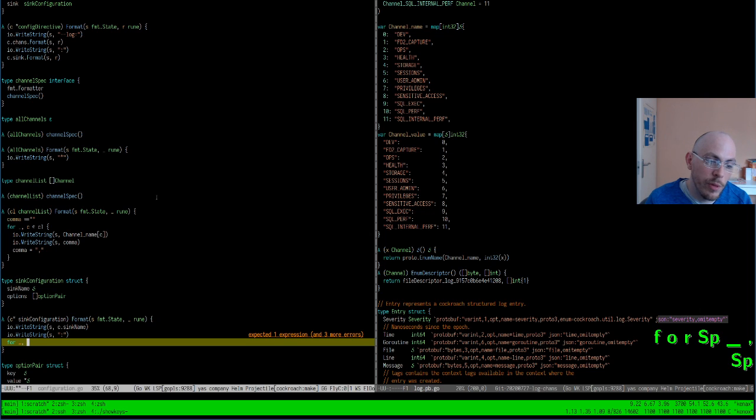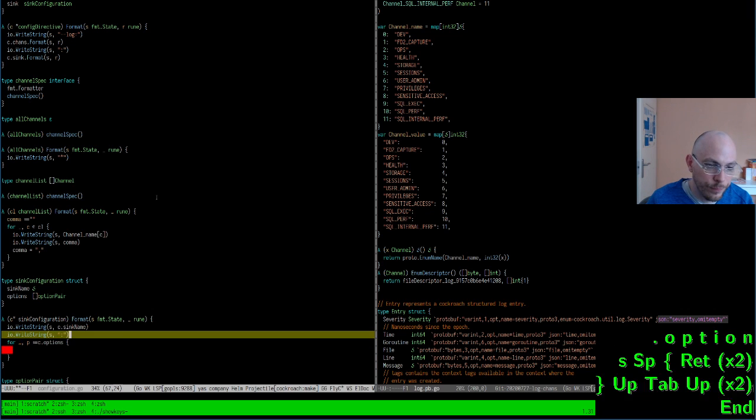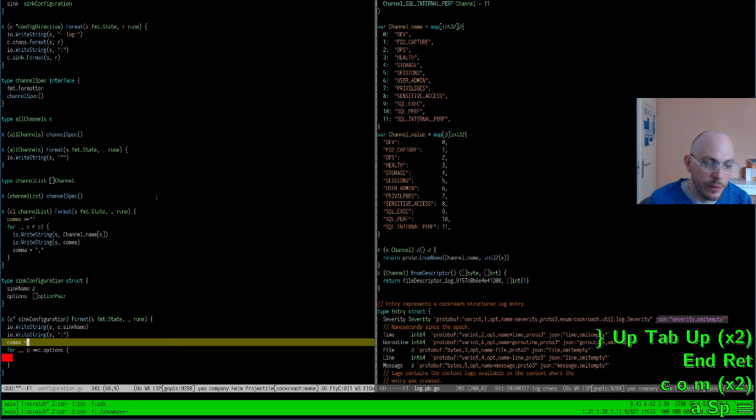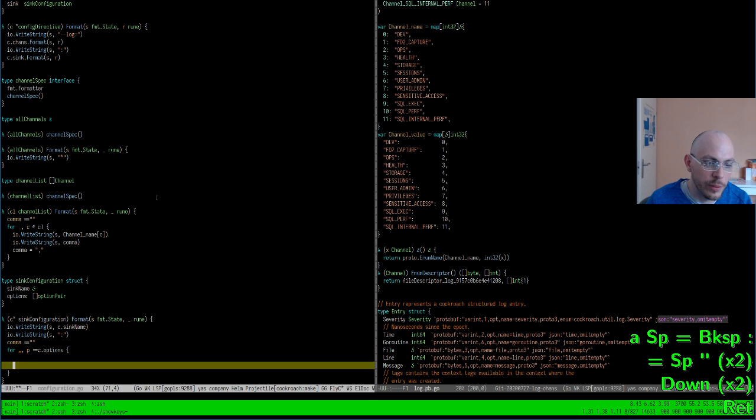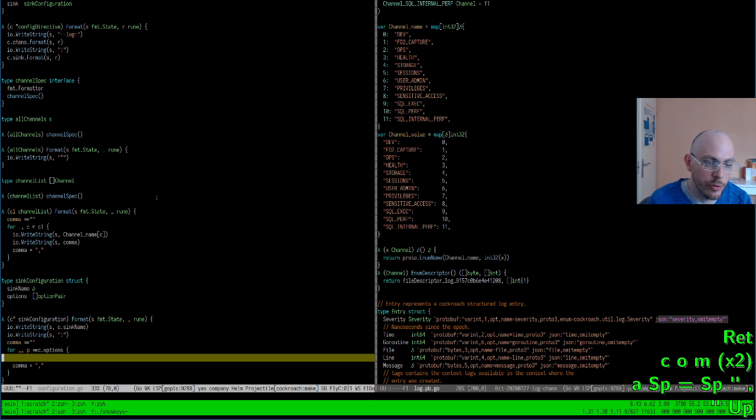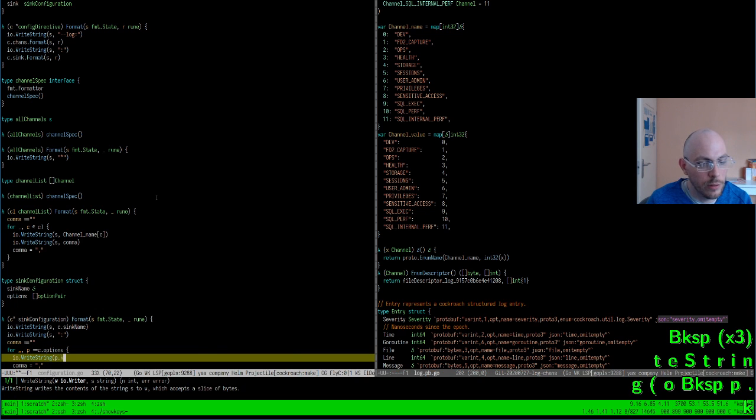I could create a format method for the option pair itself. Maybe. Do I want to do that? Or am I lazy? No. Let's do it like this. And it's going to be the same story as earlier. Comma stays empty, continues like this. And then we have io.writeString, the option key.